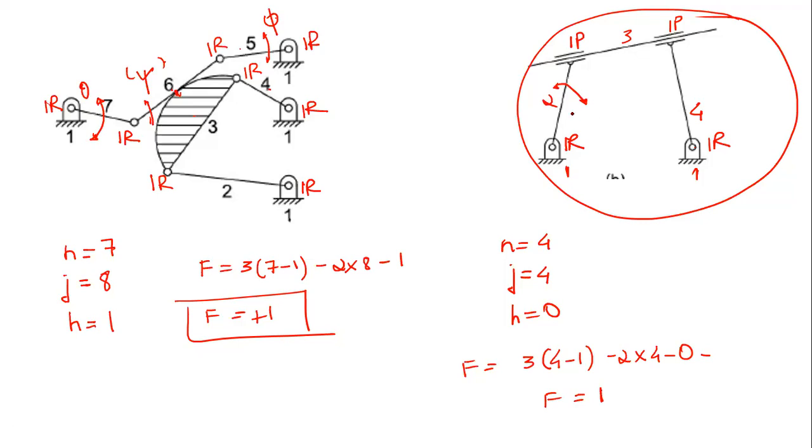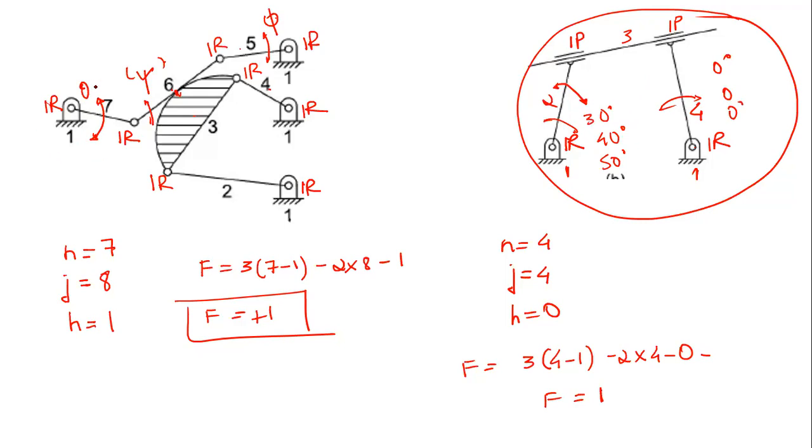So now there is no distinct relationship between input and output. Why? Because whatever angle you make, 30 degrees, the output is 0. You make it 40 degrees, the output is 0. You make it 50 degrees, the output rotation of this link is 0. So there exist n number of solutions for this case, and we know that in every case the motion of the output link will be 0, right? So that is the meaning of a distinct and unique relationship.